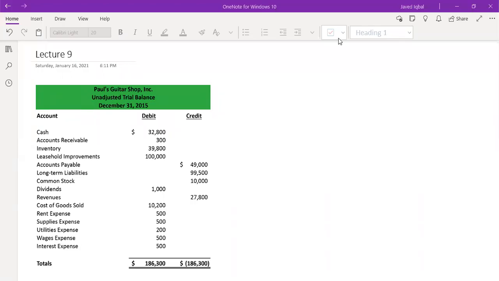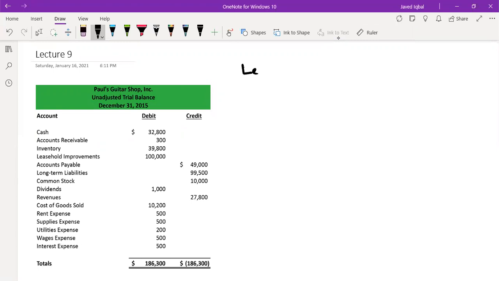So this trial balance in front of you is an unadjusted trial balance, and we are about to look into what kind of adjustments you have to make into this unadjusted trial balance. So probable adjustments could be, okay, first one,